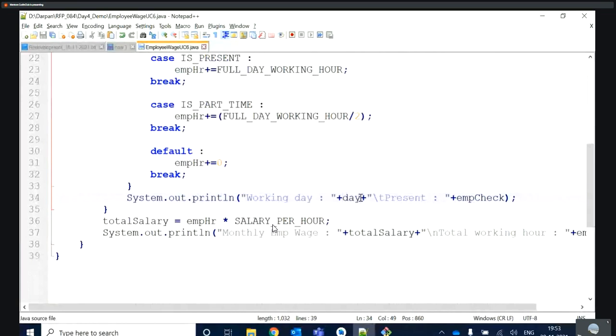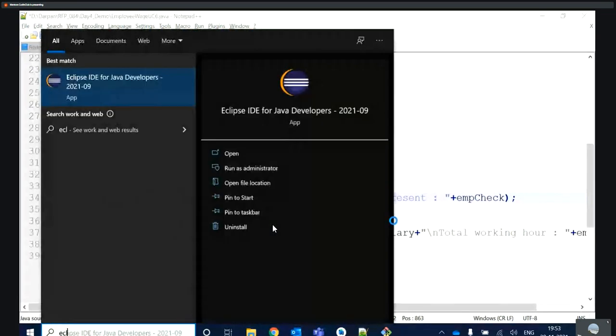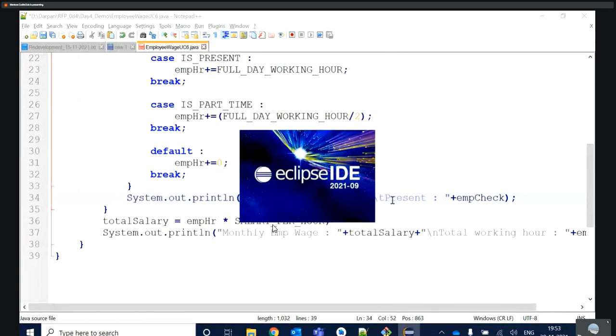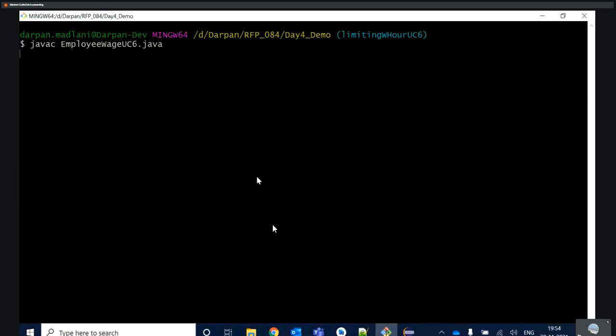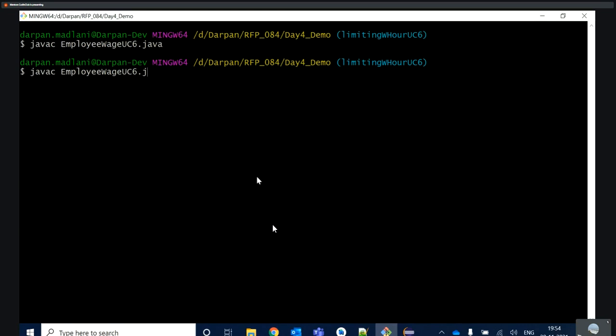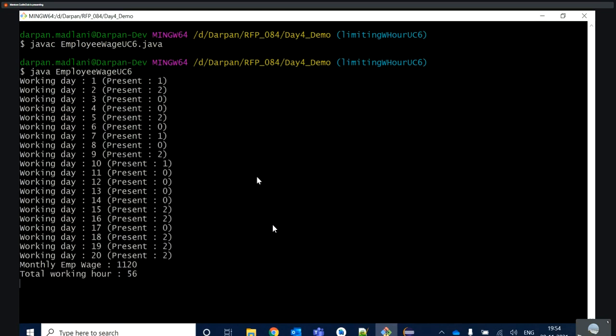Before that, let me give the information in a proper way, because the tab space was not working properly.